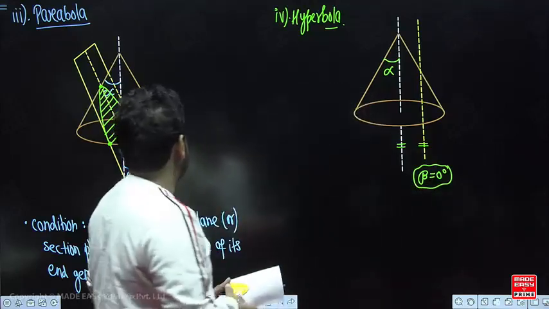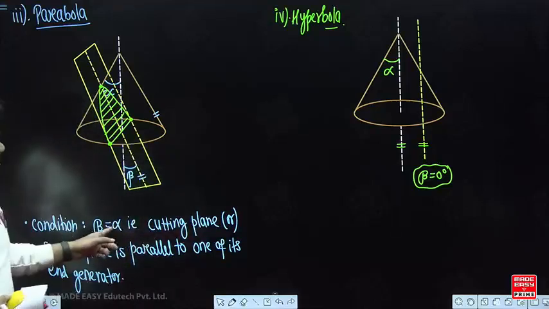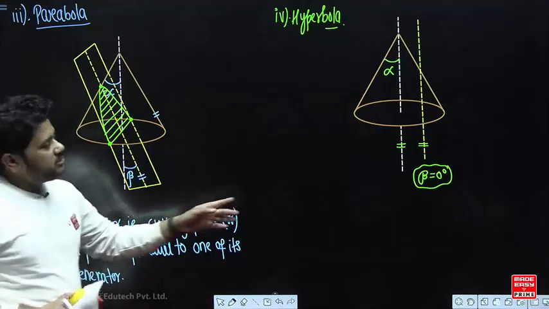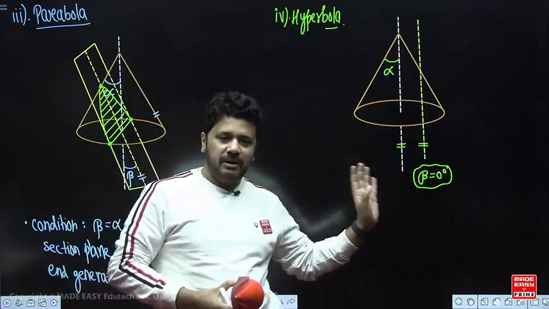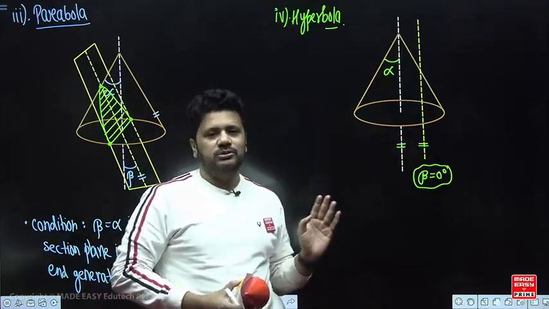So beta is your 0 degree, correct? That means here you can see that beta is equal to alpha. That means I have tilted a little bit more. So beta equal to 0 degree is one of the conditions, but if you decrease the angle from alpha up to 0, you will get